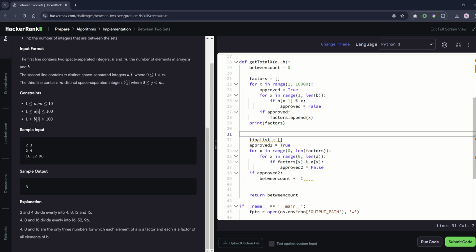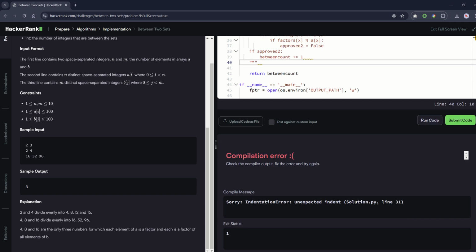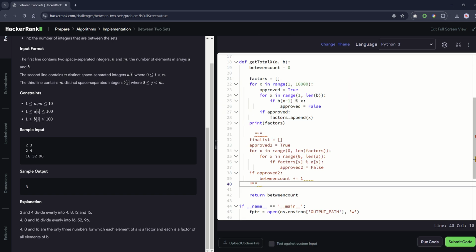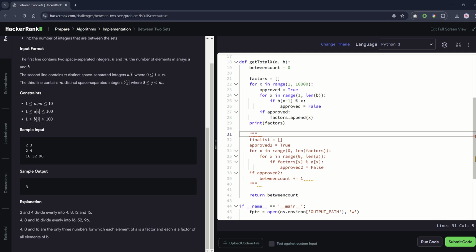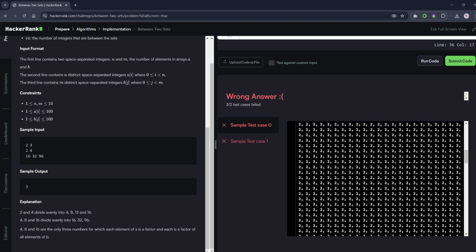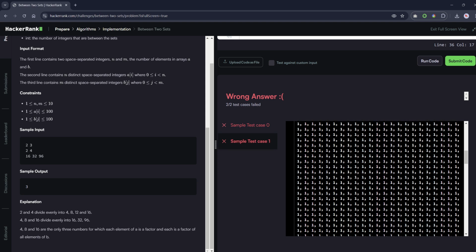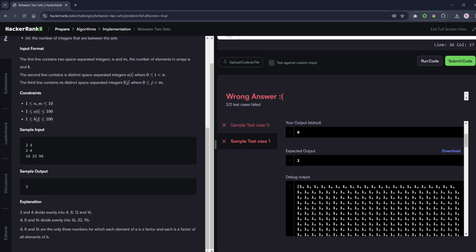And let's comment out all of this. Let's just try to get the factors part right. Unexpected indent. I don't know why you can't indent a comment, but okay. So look at our debug output. So it's doing 1 here,